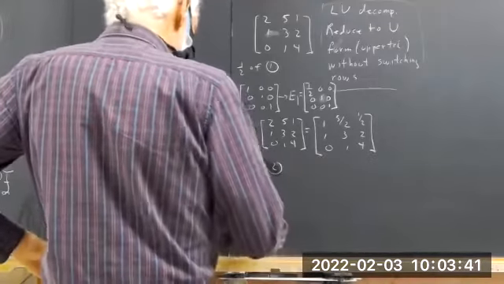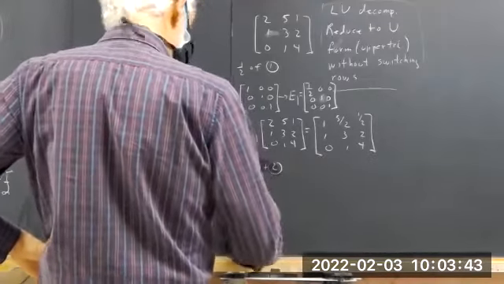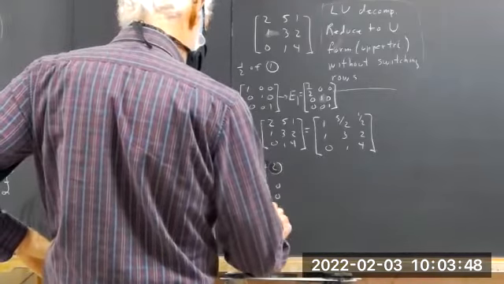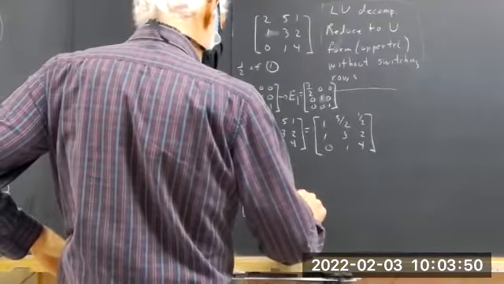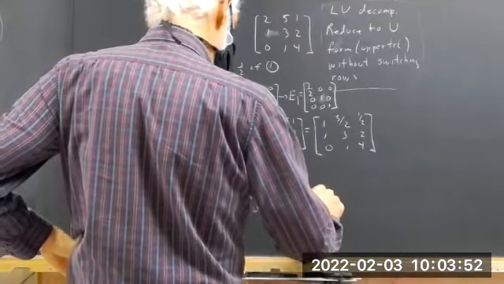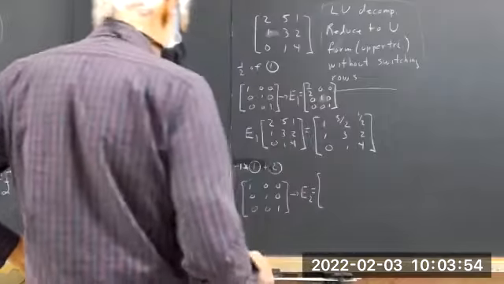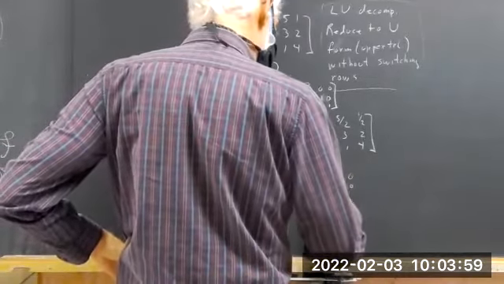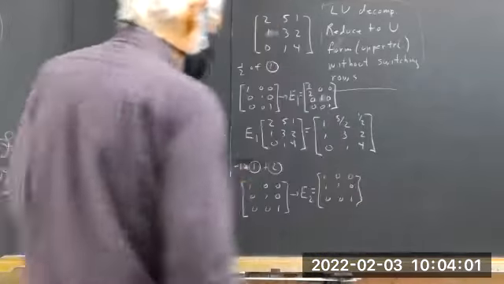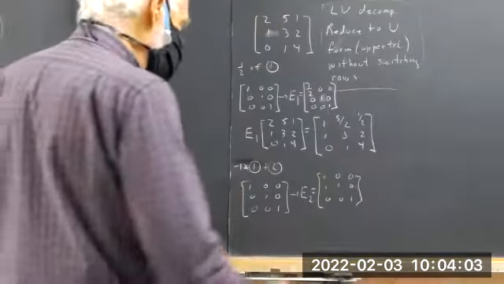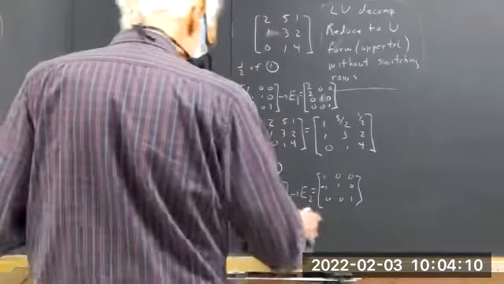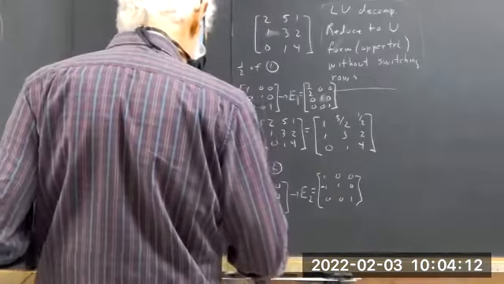Okay, well, your elementary matrix gives you E2, which is 1, 0, 0, 1, 1, 0, 0, 0, 1. Just adding -1 times the first row to the second, that would be -1. I'm bound to screw something up by being careful. Okay, so then